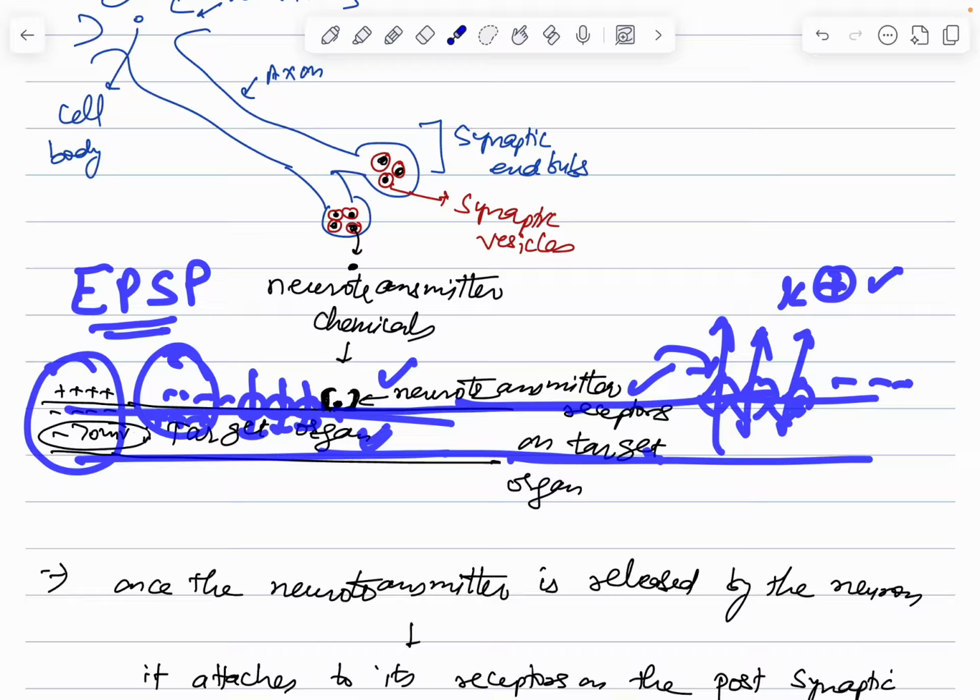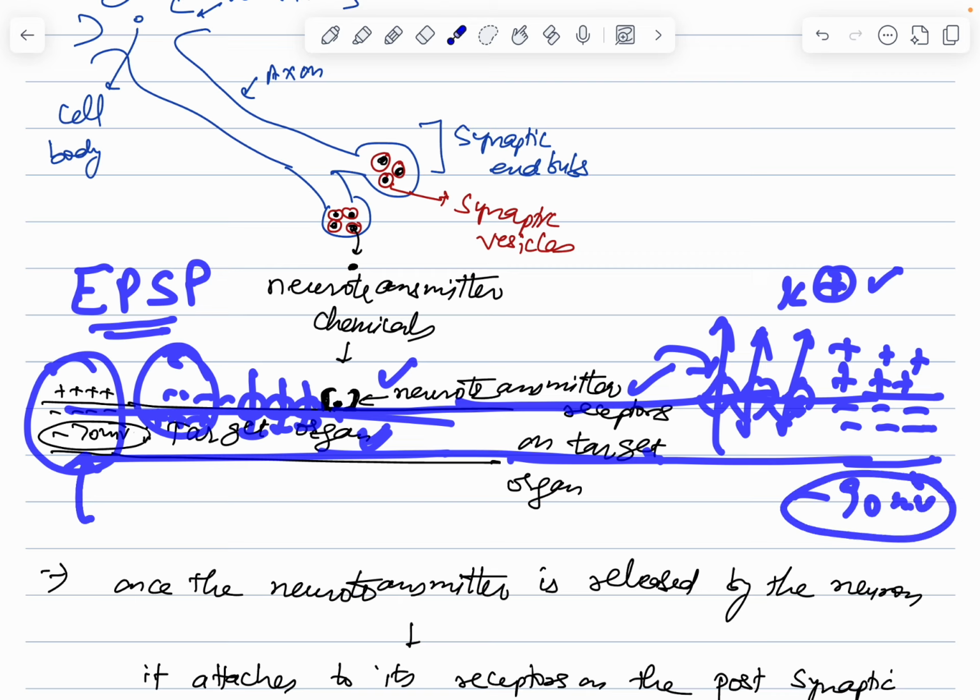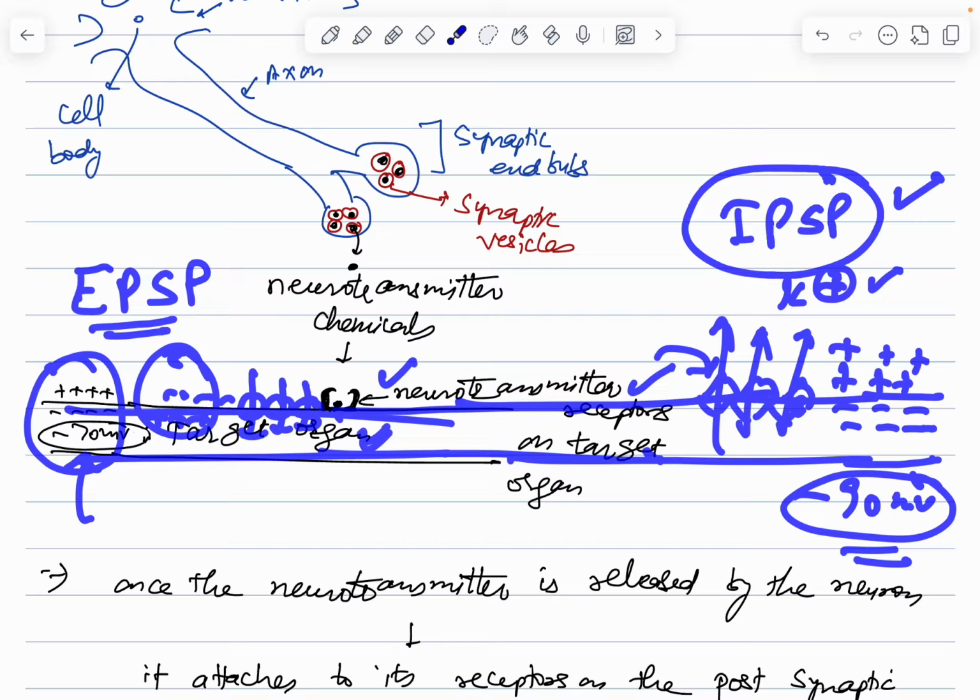Because of potassium exit, the outside becomes excessively positive and the inside becomes excessively negative, and the potential may fall from minus 70 millivolt to minus 90 millivolt. This potential is called inhibitory postsynaptic potential, IPSP, because of which the target organ will not be able to do